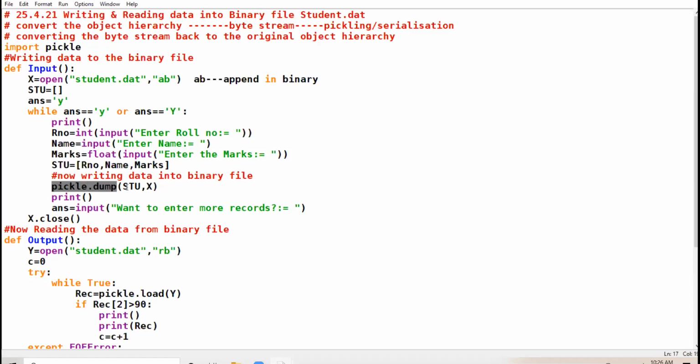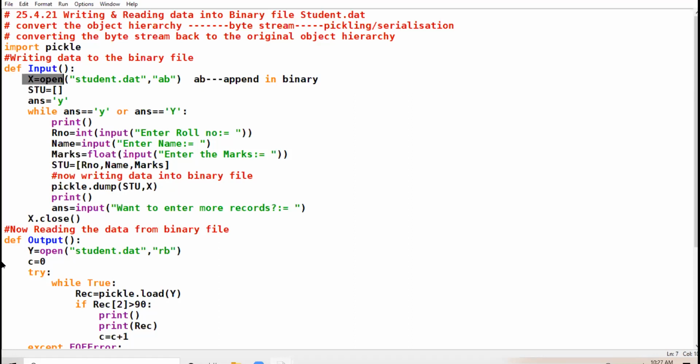Now this function will take two parameters. The first parameter is your object name, which you have created over here. The second parameter will be the file handle, the file object, this X. You can see the shaded X here. This X which I have used here is acting as the file object or file handle.